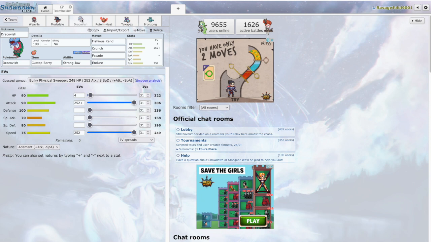And next we have Custap Berry Dracovish. Yes, you heard me right, Custap Berry Dracovish. So the main reason behind this is because my Dracovish still can't outspeed Dragapult, even with a Choice Scarf attached. So I decided to put Custap Berry so that I could basically take a hit and then endure down to my Custap Berry and then take a surprise KO with Fishious